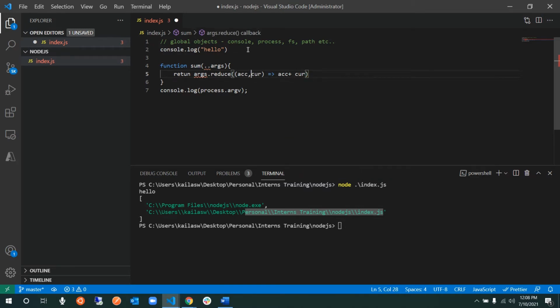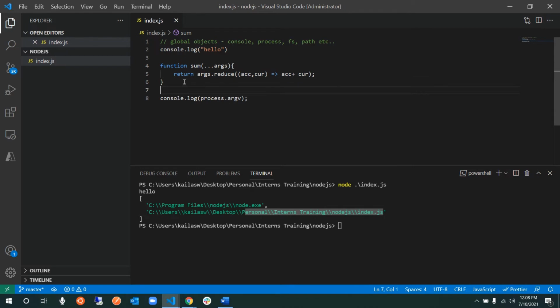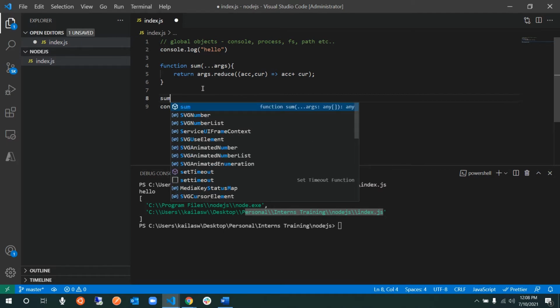The return keyword is not right, I'm going to fix that. And there should be three dots, I'm going to fix that. We are not using an arrow function, we just use this function. If you want to use an arrow function, you can do that as well.